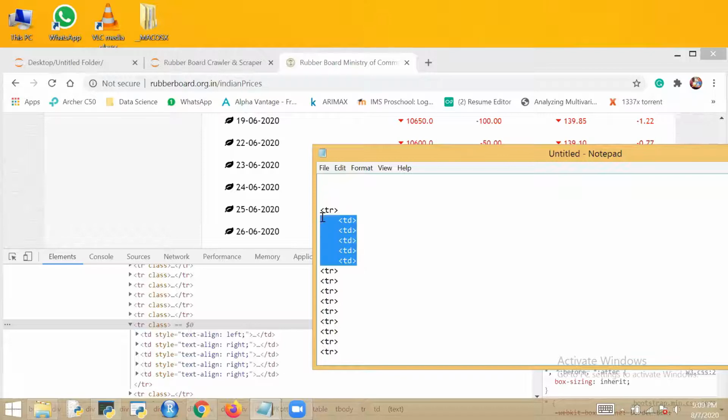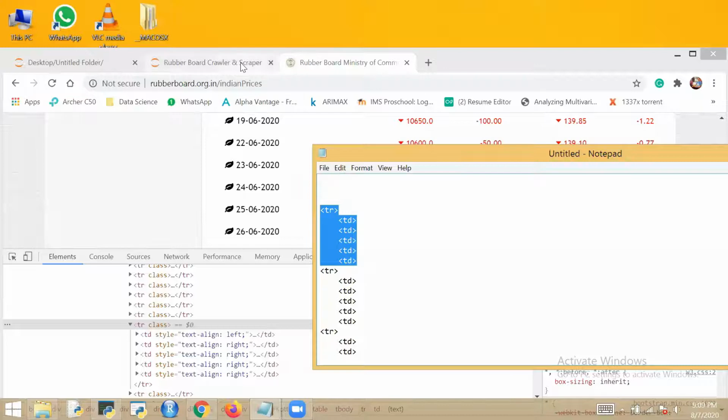So this is for every table row. Like this, some data is stored in this table. So we are selecting one table row, and this much data we will get in one loop.